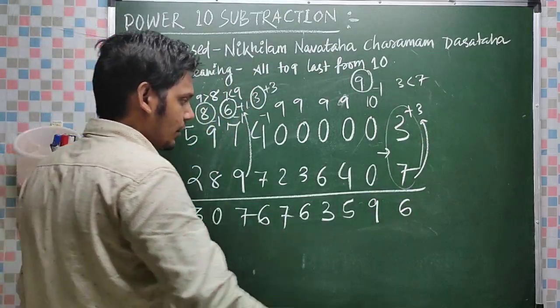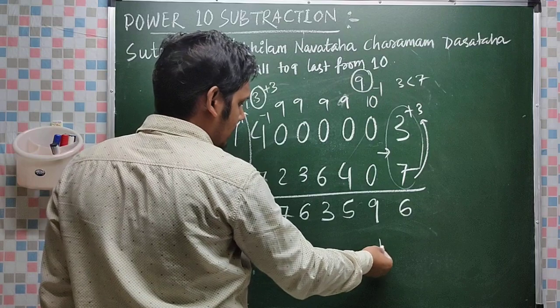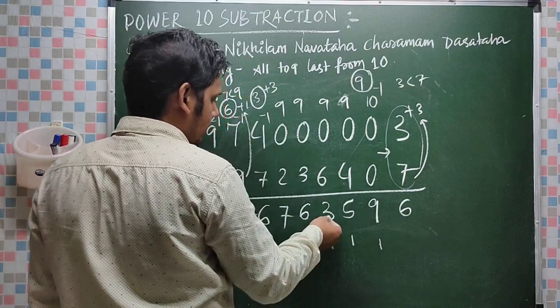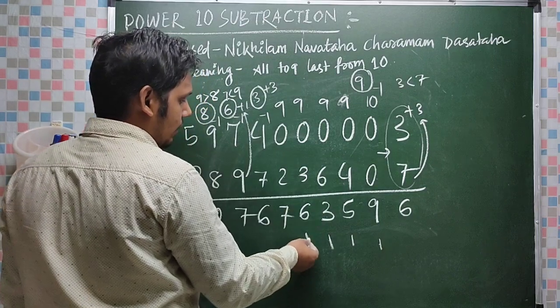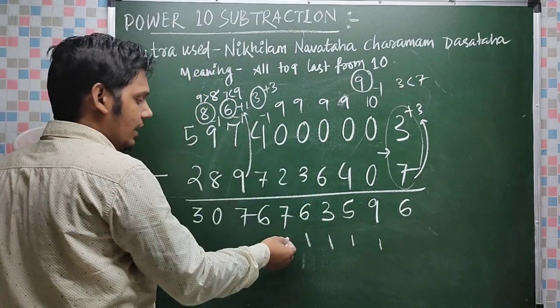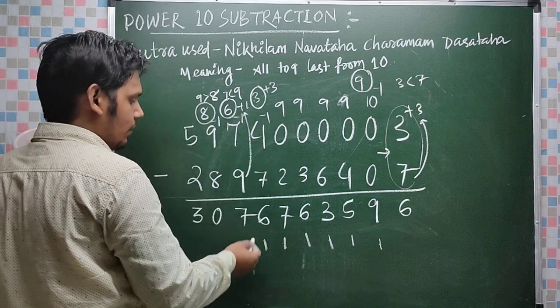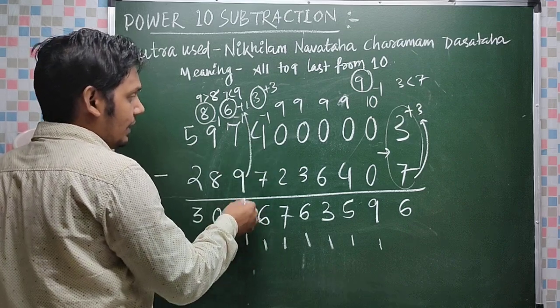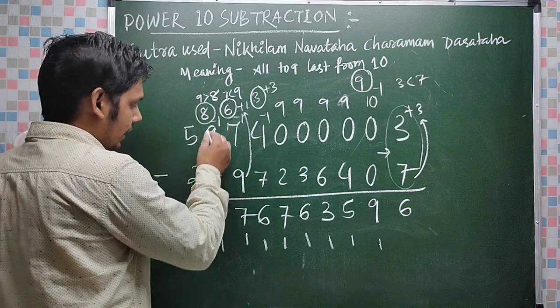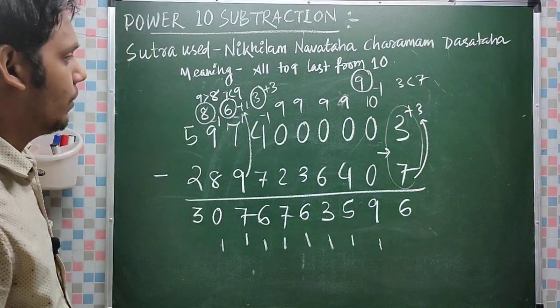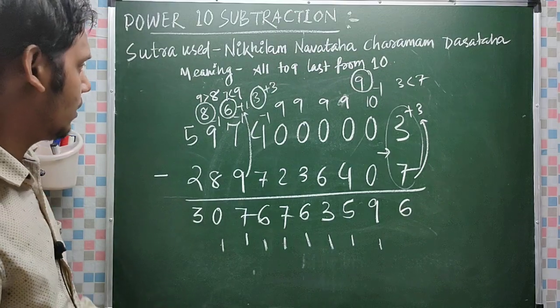Now alternate addition also you can do. 6, 7, 13, 1 carry 1, 9, 10, again 1, 1, 5, 6, 6, 4, 10, again 1, 1, 3, 4, 4, 6, 10, again 1, 1, 6, 7, 7, 3, 10, again 1, 1, 7, 8, 8, 2, 10, again 1, 1, 6, 7, 7, 7, 14, again 1, 1, 7, 8, 8, 9, 17, again 1, 1, 8, 9, 3, 2, 5. So in this manner you can check whether your answer is correct or not.